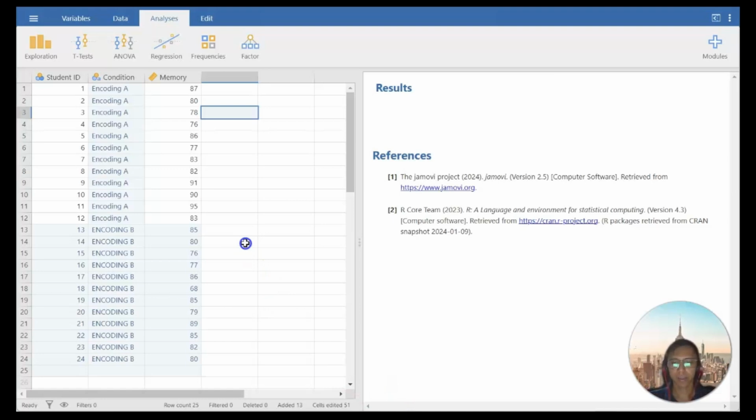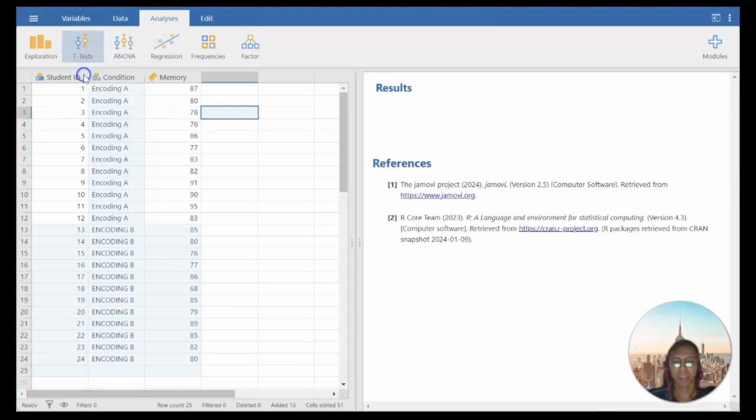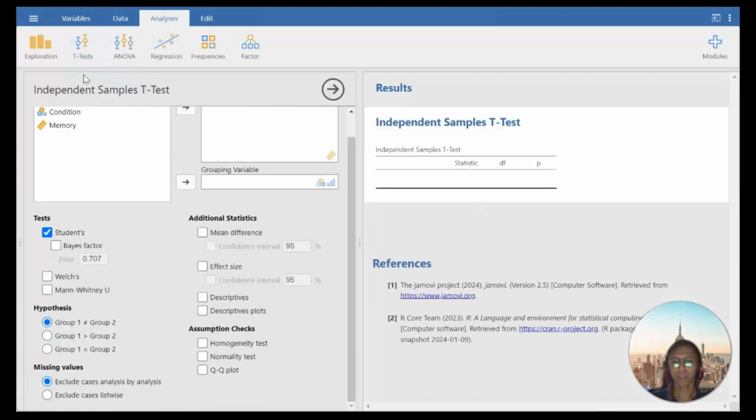After you enter your data, in the top menu, click on analysis, t-test, and the independent sample t-test. This will open the analysis options in the right panel.